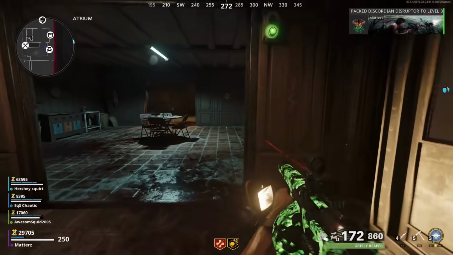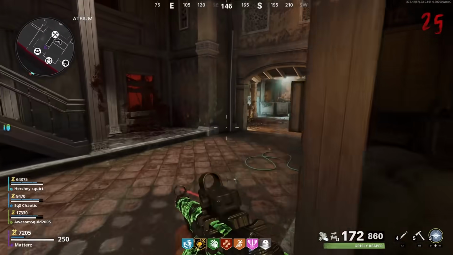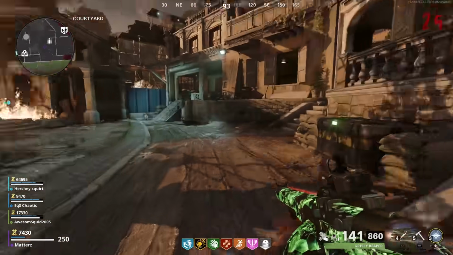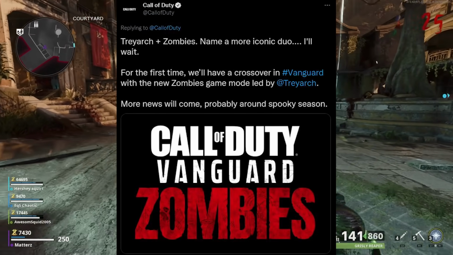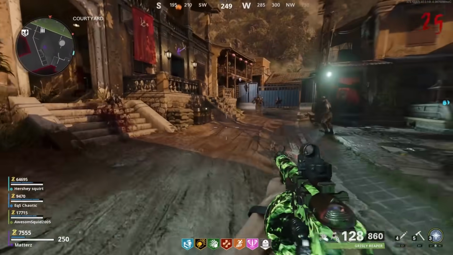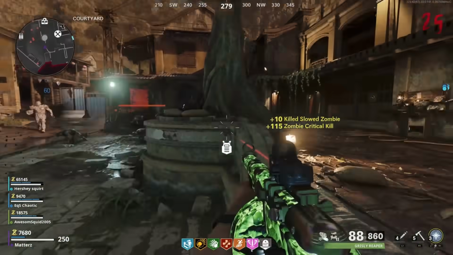So here, just a little theory, but maybe we start to get some Vanguard Zombies teasers as well as DLC 4 stuff at the same time, which would make perfect sense as we're getting very close to the official reveal for Vanguard Zombies. They have said it's going to be around Halloween time. I feel like it's going to be a bit earlier. The official gameplay reveal could be Halloween, but in the 2 weeks leading up to Halloween, we should get some stuff for Vanguard Zombies, like we did with Cold War Zombies, like we did with most of the past, at least